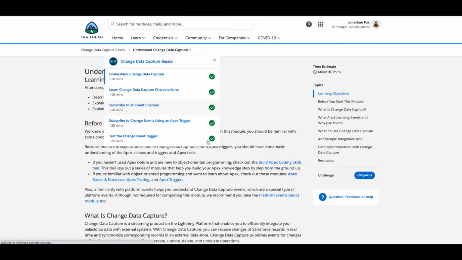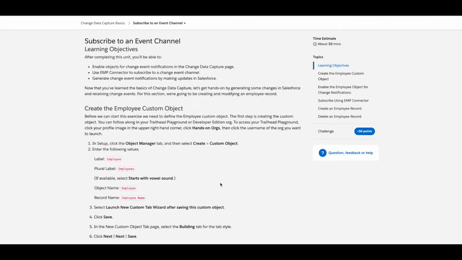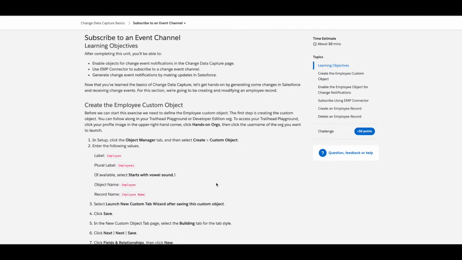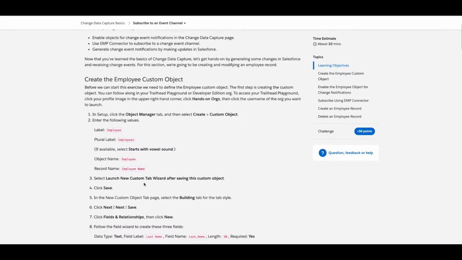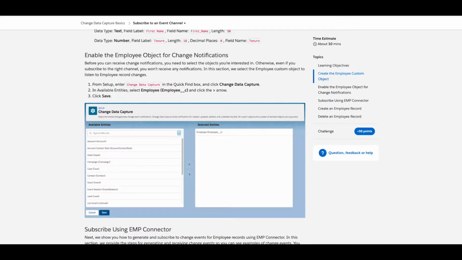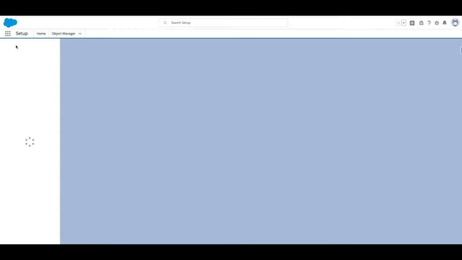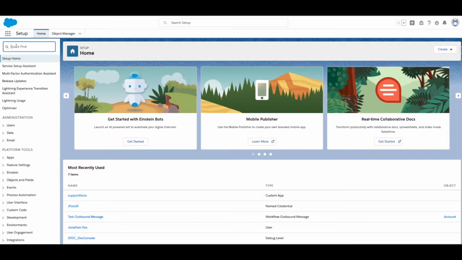Subscribing to an event channel. So that's the fundamentals of this: you are going to be using either a standard object or a custom object. You can see in this module, you create a custom object. But what you want to do is head to change data capture within setup. As you can see, I'll do that now. So we go to setup, we go to change data capture,